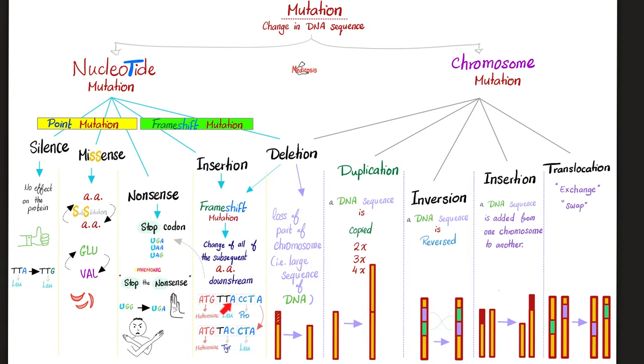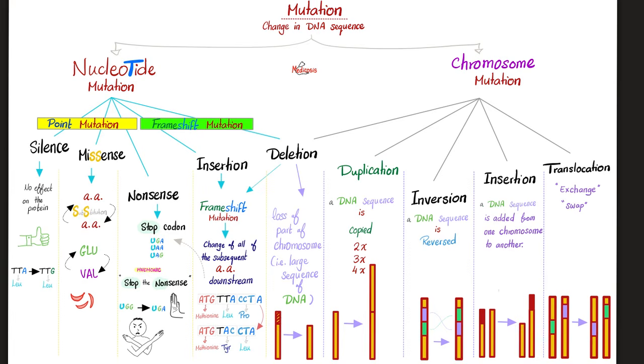By the way, this frame shift can encounter what? Rearrangement and a stop codon. And this can lead to nonsense mutation. So you can start with a frame shift that will make you stop, i.e. nonsense. As for deletion, you can delete a nucleotide, as we have seen here, or you can delete part of the chromosome, which is basically a sequence of DNA, like this.